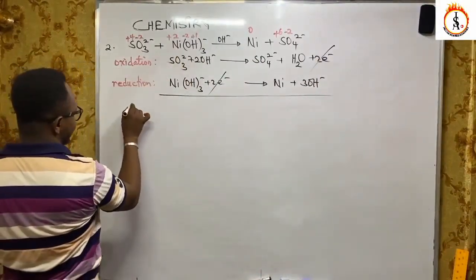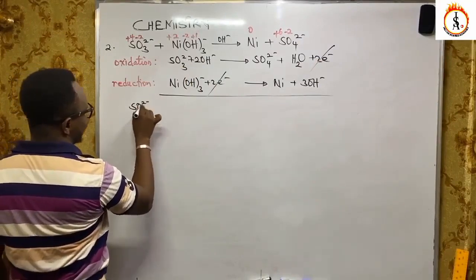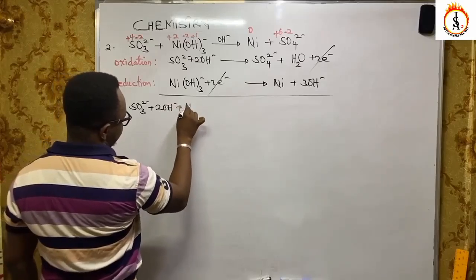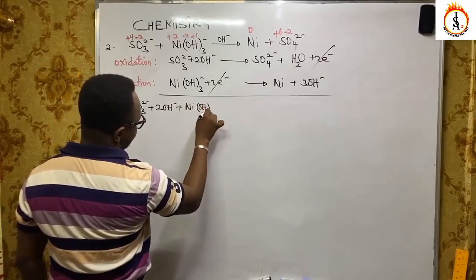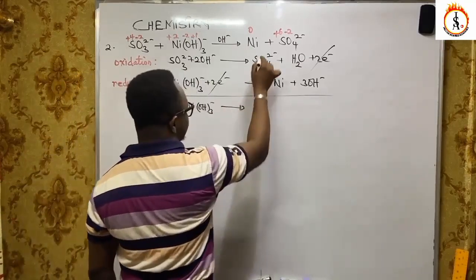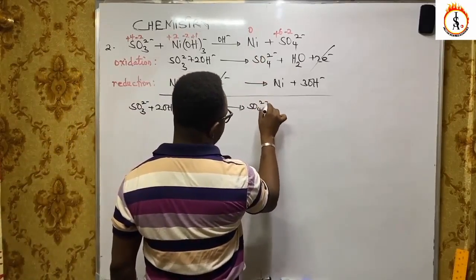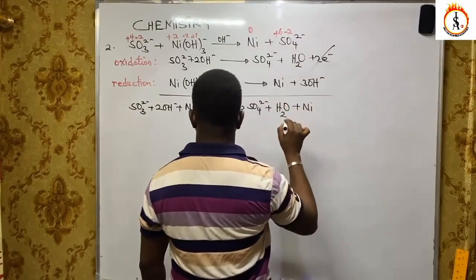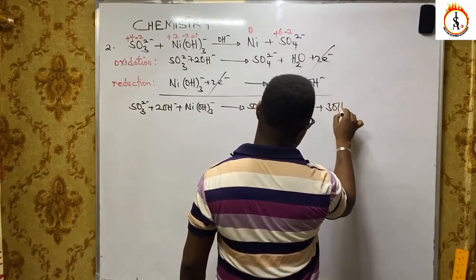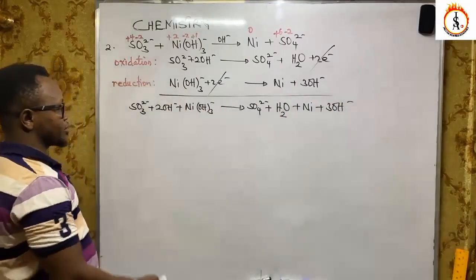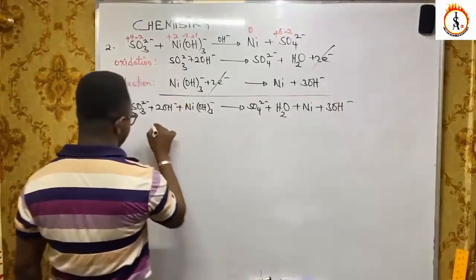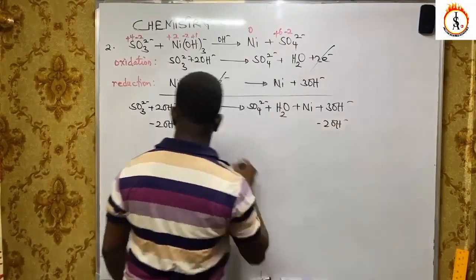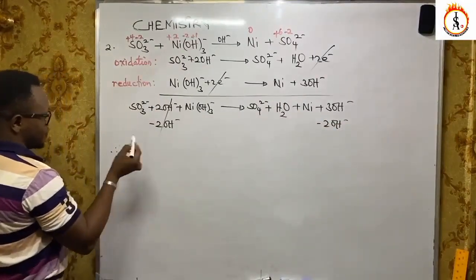So we have our equation to be the sulfite ion and 2 hydroxyl ions react with the nickel hydroxyl ion to produce the sulfate ion plus water plus nickel plus 3 hydroxyl ions. Now, if you look at this, you have hydroxyl ions here, you have hydroxyl ions here. So we can subtract here by 2 hydroxyl ions and here by 2 hydroxyl ions. So this cancels. Therefore, our final equation is